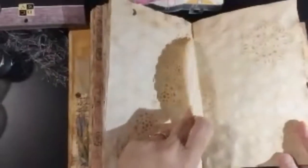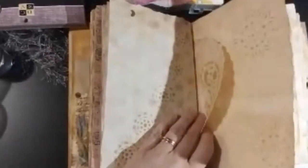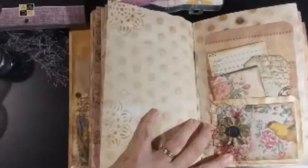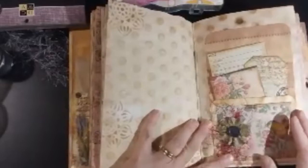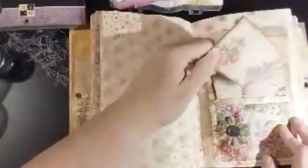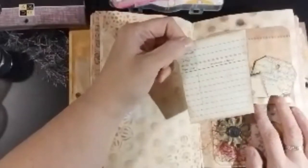This was from Tsunami Rose. Not Tsunami Rose, I'm sorry. A Tattered Dream. And then this is a piece of 12 by 12 that I trimmed the edges on. You're fine, Jan, you're fine. A little envelope, and it's got just a couple pieces of paper that I edged up. A little map thing. Tag, rather. And then this is from a